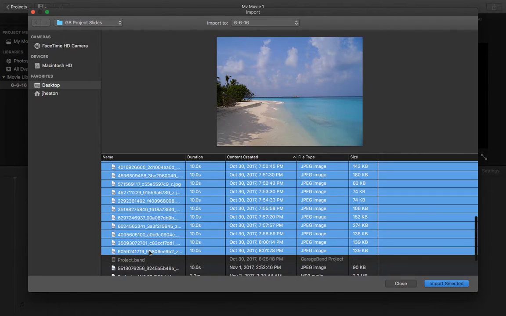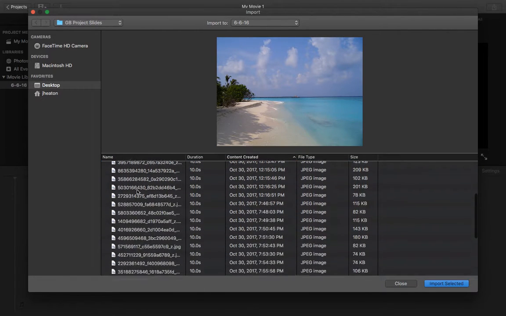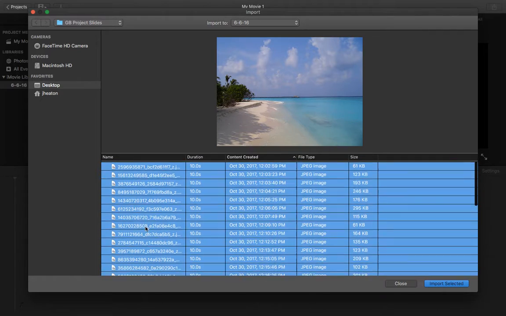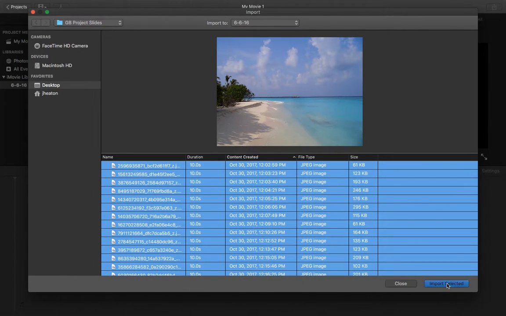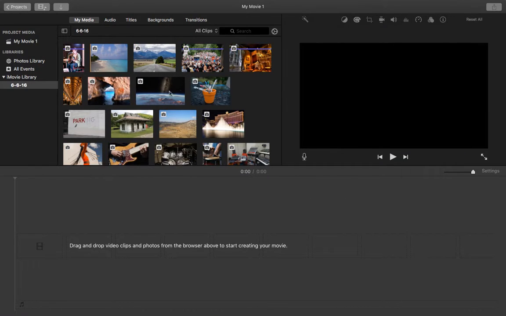I select all of them. I just selected one, and then you hold the Shift button and go down to whichever one if it's like a range of pictures. So I selected all of them, and I just click Import Selected. And it just takes all those pictures and puts them here in this window right here, which is essentially